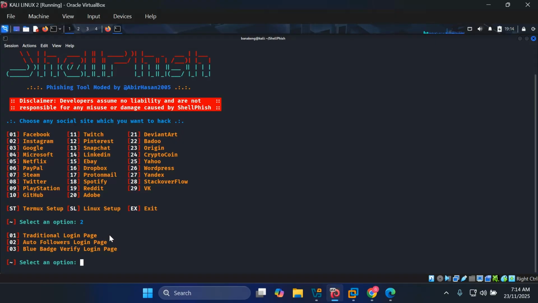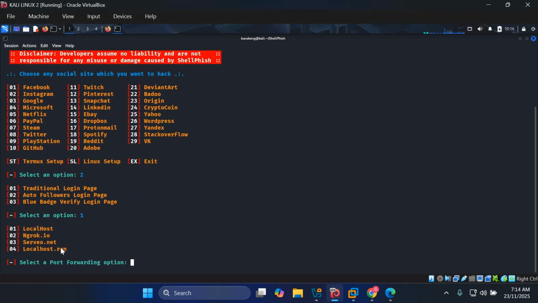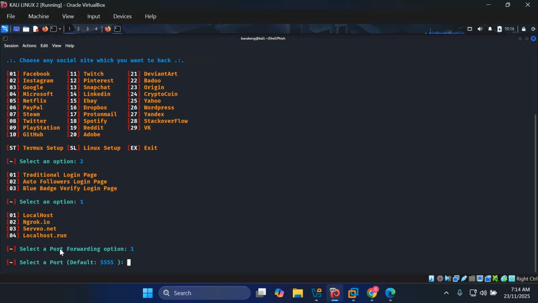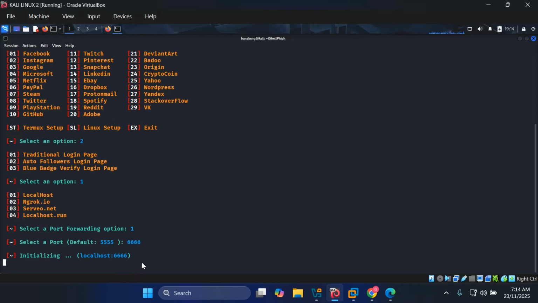If I take one, it now asks me, do I want to use it as a local host on my system? Do I want to use ngrok, which is a server? I want to use a local host. So I'm going to give it one, and I hit enter. And then now it asks me for the port. In this case here, you can put the port which you want. If I put, for example, port 6666, and I hit enter,